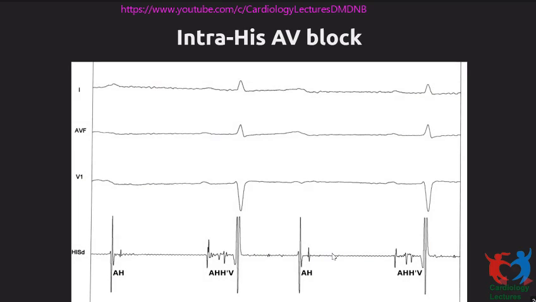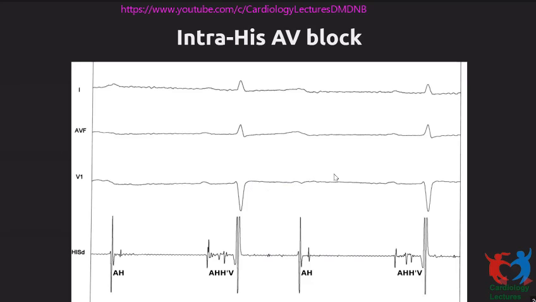And so what can happen is, on EP study, how we establish this is we place a catheter in the his bundle region, which usually records atrial activity, his activity, and ventricular activity. So you get electrograms of atrium, his, and the ventricle. And when we do this, you don't need to know a lot of EP, most of you may not be familiar, but just to tell you what we look for, we have the ECG where we see a P wave conducted to the QRS.